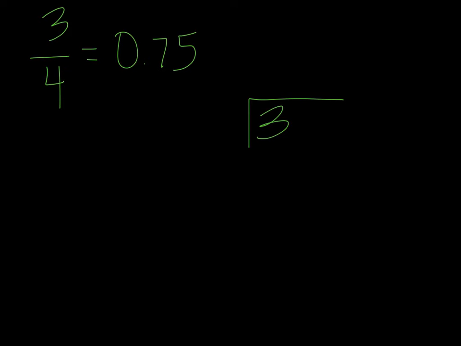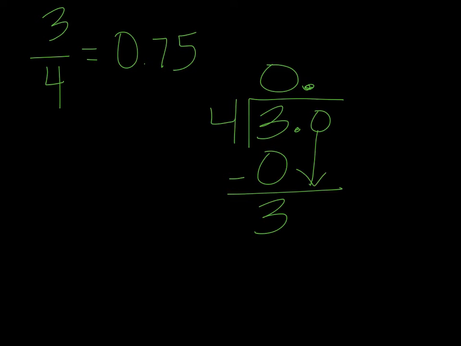Another fraction we should know as a decimal is 3/4. We should know that that's 0.75. But if not, we can use long division to find it as a decimal. So we always put our top number on the inside of our division box, the bottom number on the outside. 4 goes into 3, 0 times. 0 times 4 is 0. And then we subtract, add a decimal,